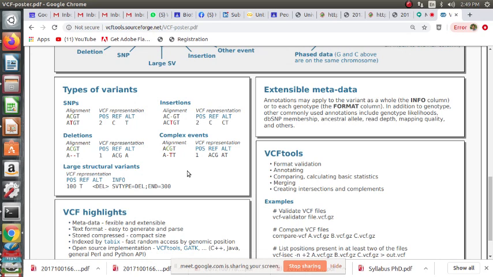So basically, while doing the variant calling, the alignment is the first thing we do. So for alignment, what is a constraint first of all? In any alignment, what is the first constraint?